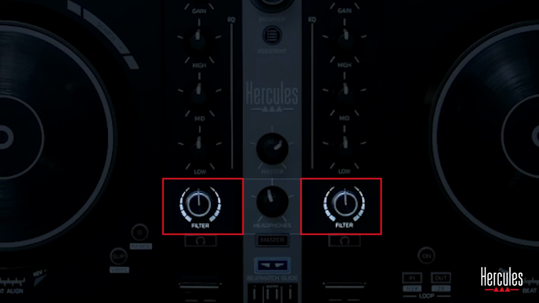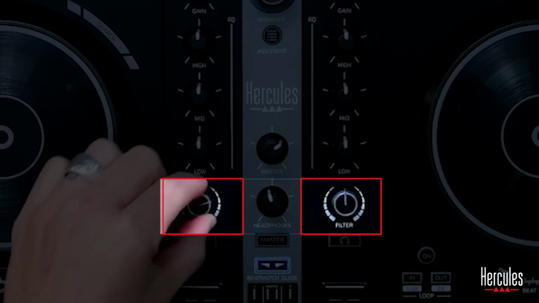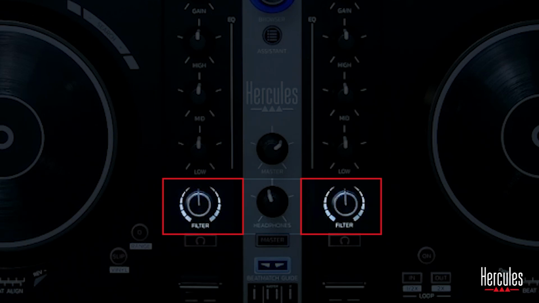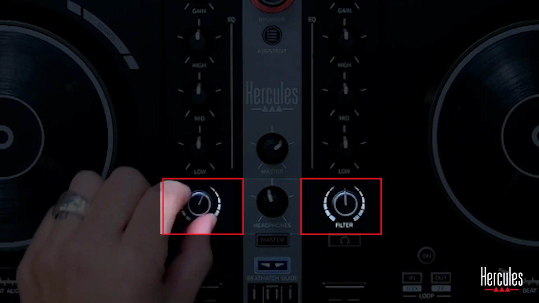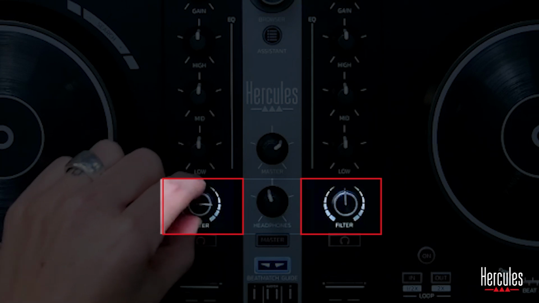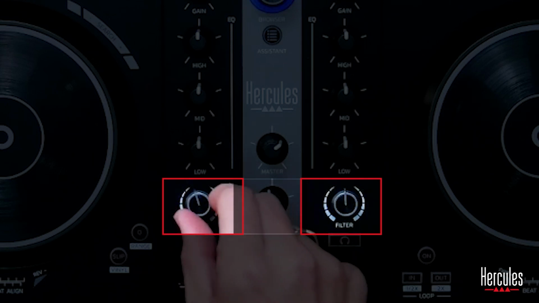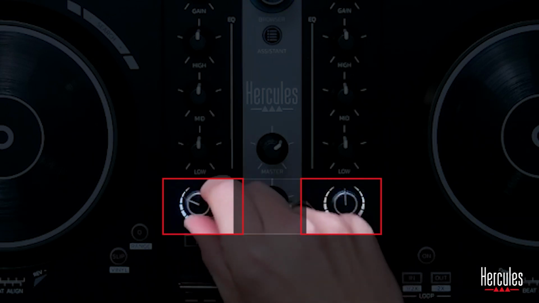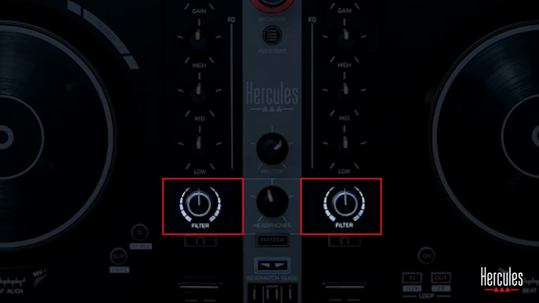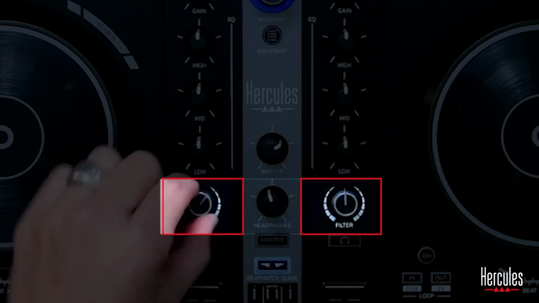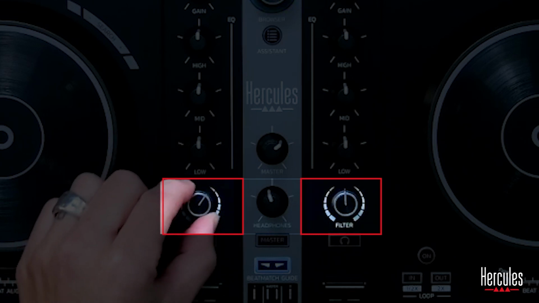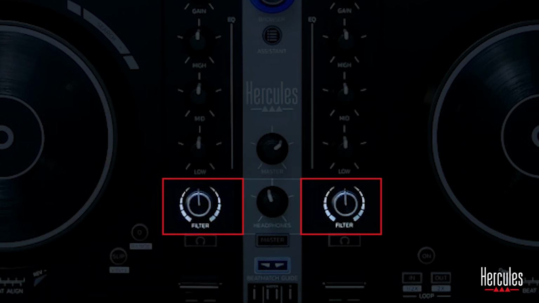You've heard this before, but I'll do it for you so you can hear it. Before a drop is pretty nice. You can use it like that to create tension. When I'm in the middle, back to 12 o'clock, it turns off the effect, and you feel the notch. You'll want to do the filter on beat. It'll sound best when it's on beat, especially between phrasing.